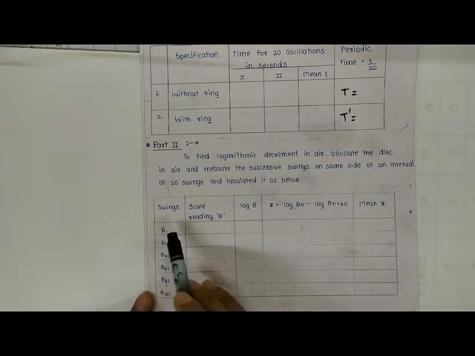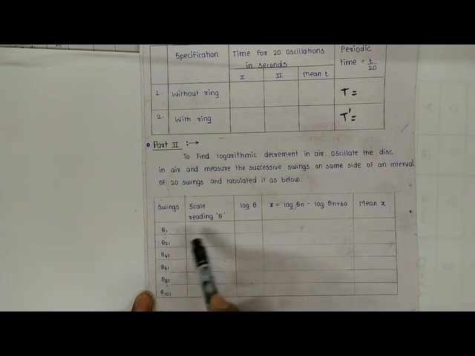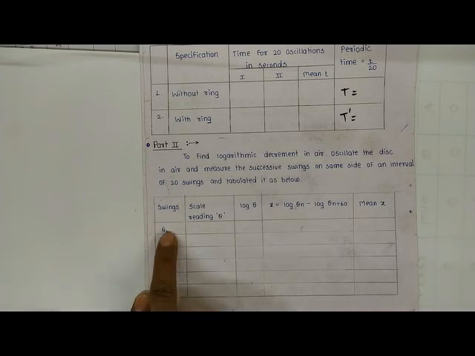And yes, we have to measure the scale reading in this order: first reading, then after 20 oscillations write down the 21st reading, then after 20 oscillations write down the 41st reading. So we will measure the scale reading after each 20 oscillations till the 101st, right? So you will understand that between the first reading and the 21st reading, yes, there is a major decrement